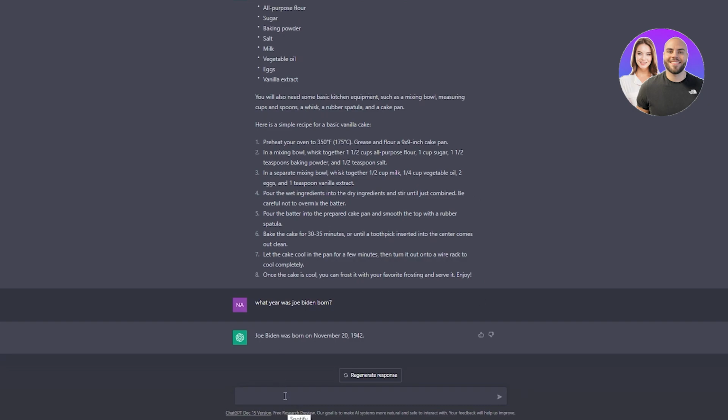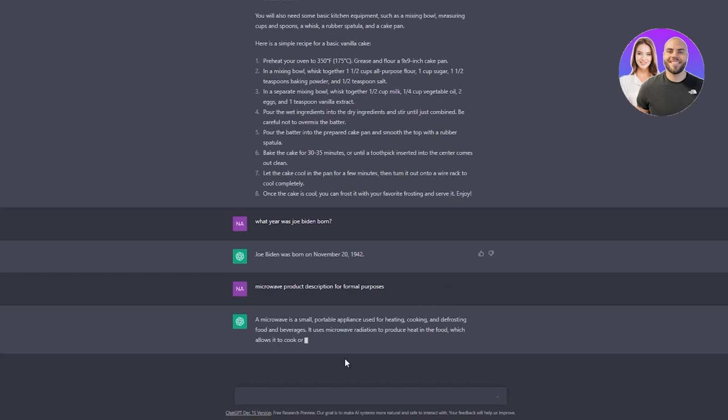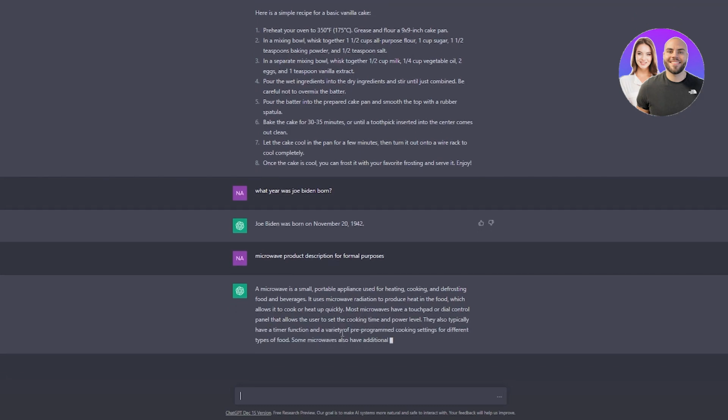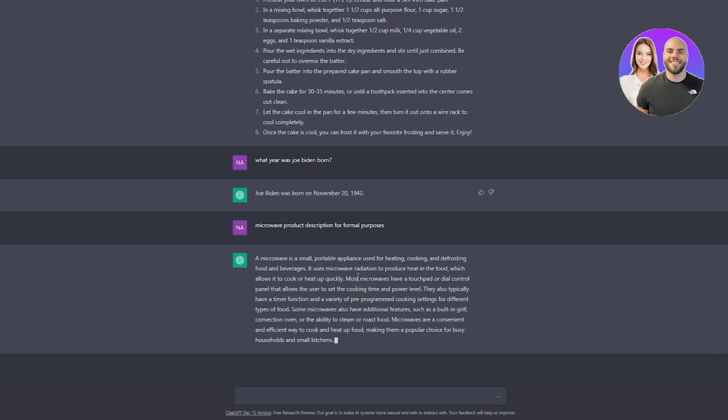Now, if someone wants a microwave description from you, you can go on ChatGPT and write microwave product description. And then you can write for formal purposes. You can write that down. There we go. And if you enter that, what ChatGPT does is it starts giving you a description for the microwave. Obviously you're going to have to make some changes in the places where it says a microwave. You're going to put in this microwave is a small portable appliance used for heating, etc. And then you can write give more